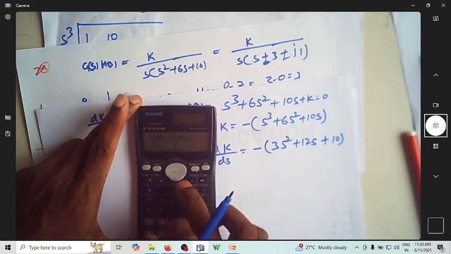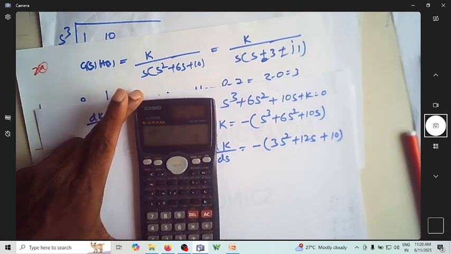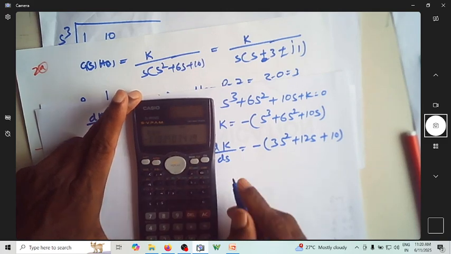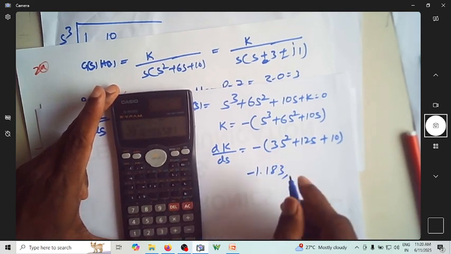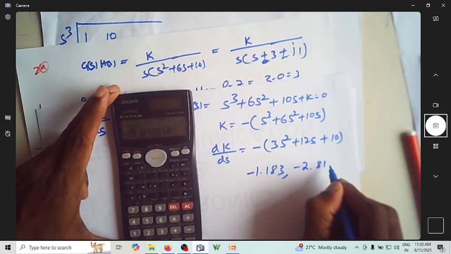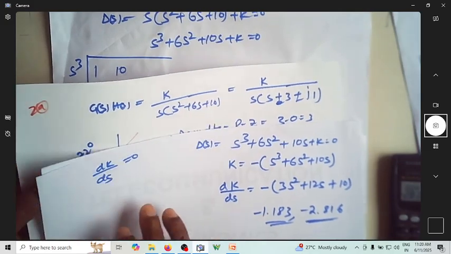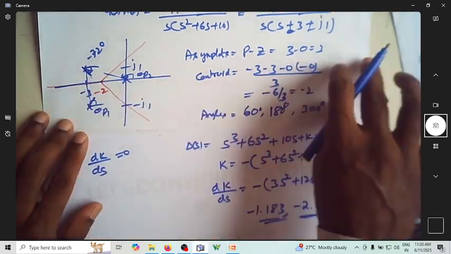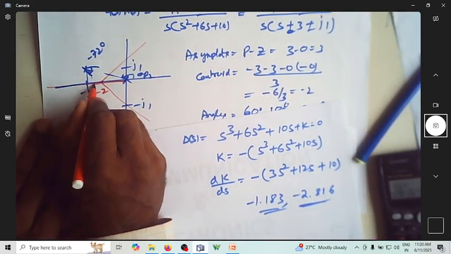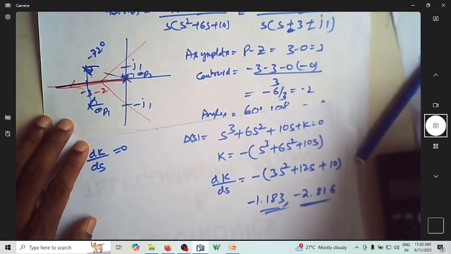so 3, 12 and 10. Roots are minus 1.183 and minus 2.816. Both these values are valid here. Can you see this is because the root locus exists here. The root locus will exist here. It actually exists in this region. So both are valid